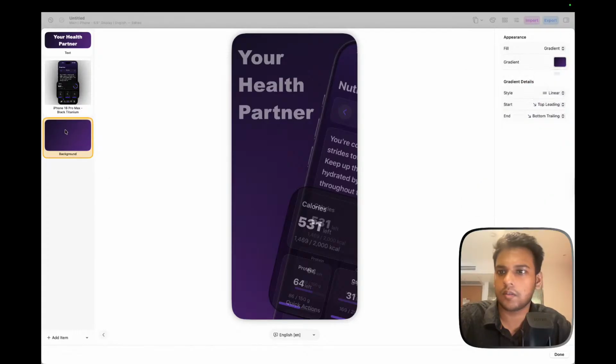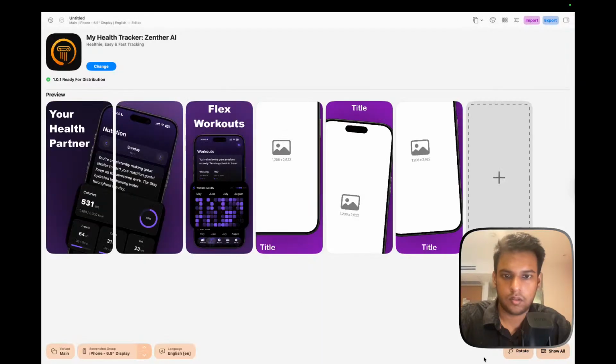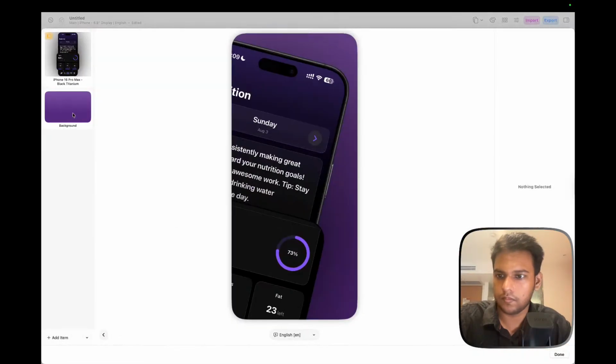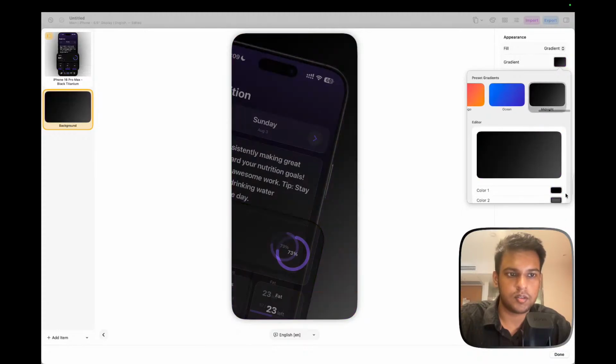Not a good user experience. So let's go and just use the midnight one.